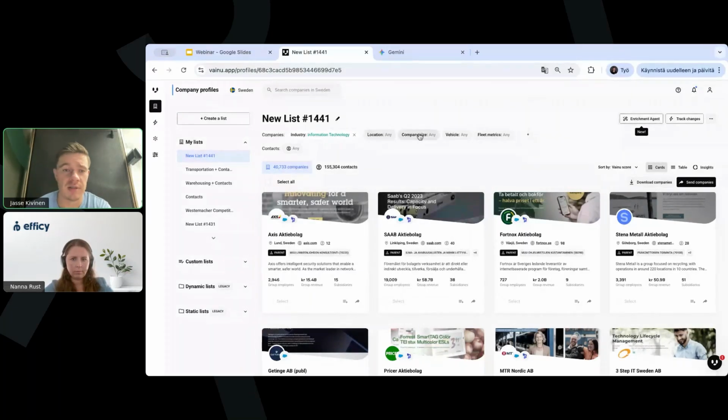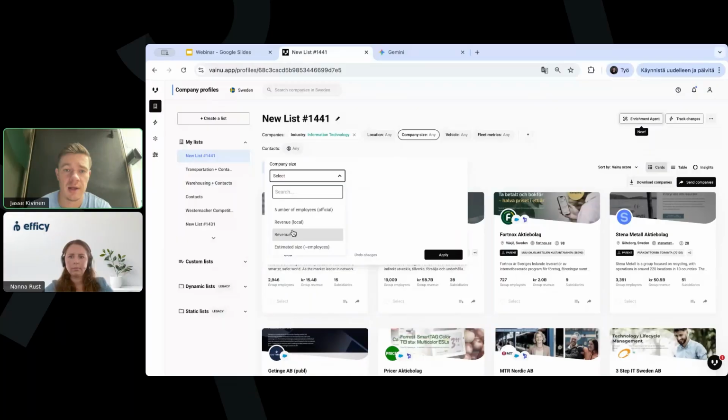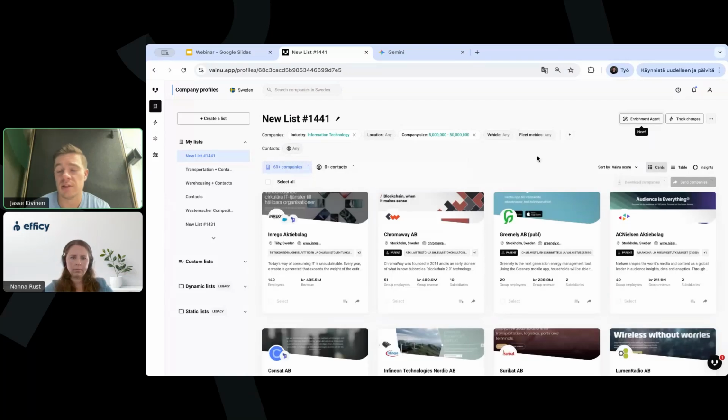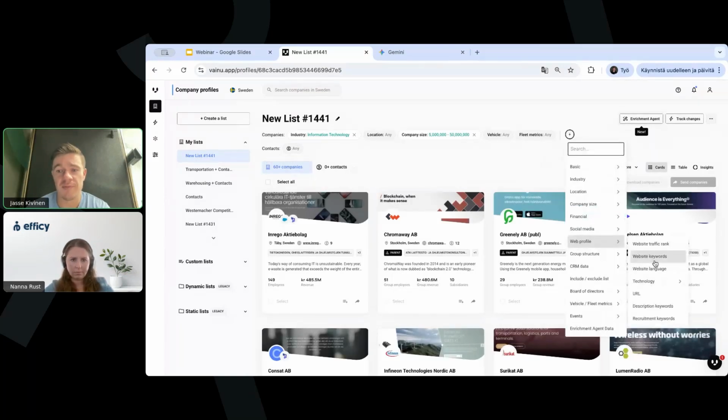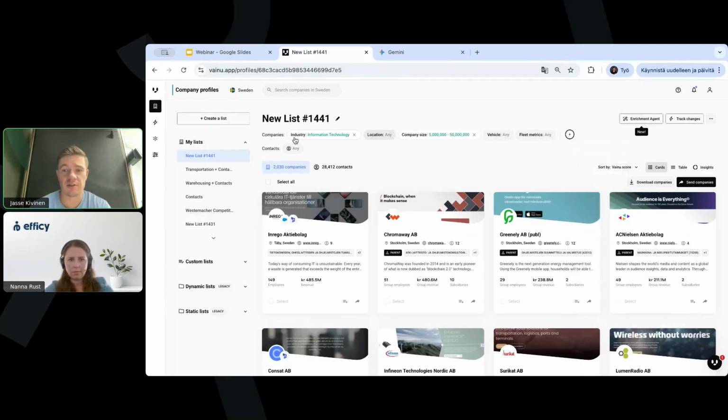I'll add some other simple searches to narrow it down. Let's use, for example, company size that I want to focus on. Now I'm using euros here. I want to focus on 5 to 50 million revenue organizations. Maybe I want to add something specific to myself. Maybe I'll add that I want the customers to use a certain type of tech, for example. Then you can choose, hey, I want them to use a specific CRM, for example, if I know that we're very strong in that specific segment. But the idea is that there are more than 100 different filters with which you can narrow down to your own